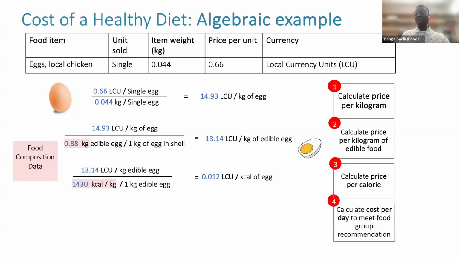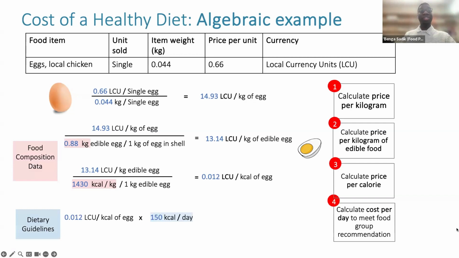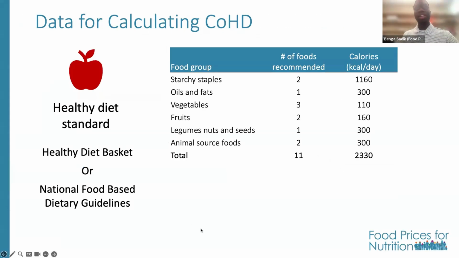After this, step 4 would be to calculate the cost per day to meet the food group recommendation. Now, to do this, we again go to the dietary guidelines, which we showed earlier. So I'm just going to come back to this slide very quickly to show the dietary guidelines and explain. We know we categorize eggs to be an animal source food, right? And from our diet reference, we need 2 foods within the animal source food group to give us 300 calories, which would mean